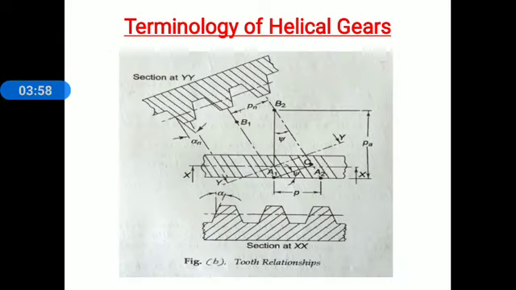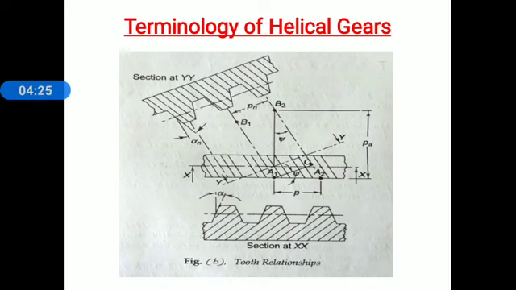This is figure B. The top portion of this sketch is the top portion of a parallel helical gear. The middle sketch is the top portion of a parallel helical gear, and that top portion is cut into two sections, X-X axis and Y-Y axis, and the section is drawn along that particular axis. Now observe the sketch carefully.